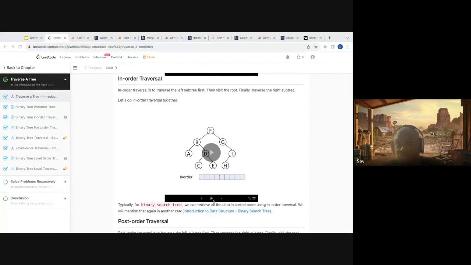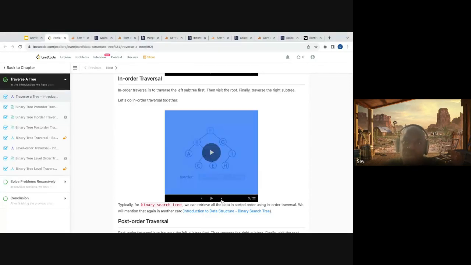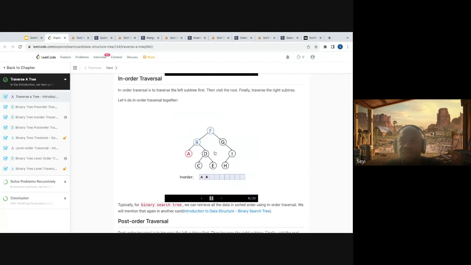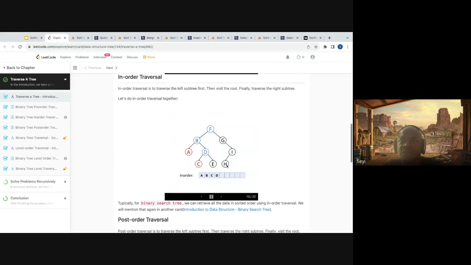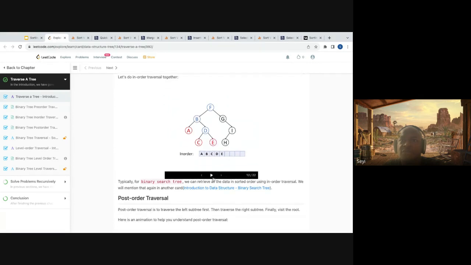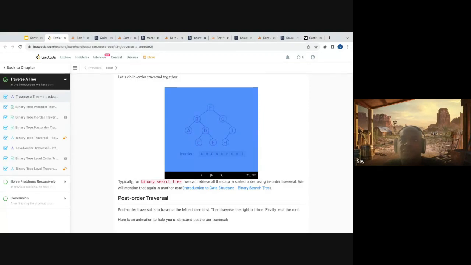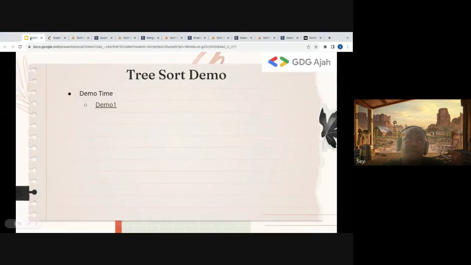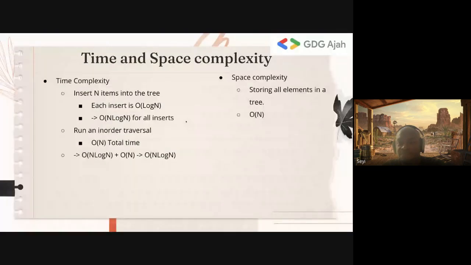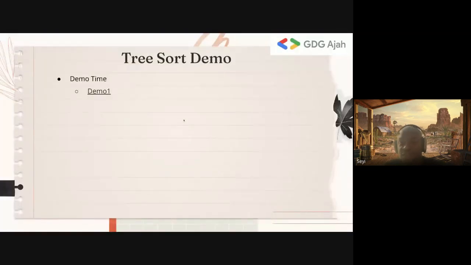So we're good. So this goes back to in-order traversal. I don't think I need to go through this because we've discussed in-order traversals previously. So I don't think we need to really go through it, but essentially that's how it works. Exactly on how we can use a tree to transform the problem.